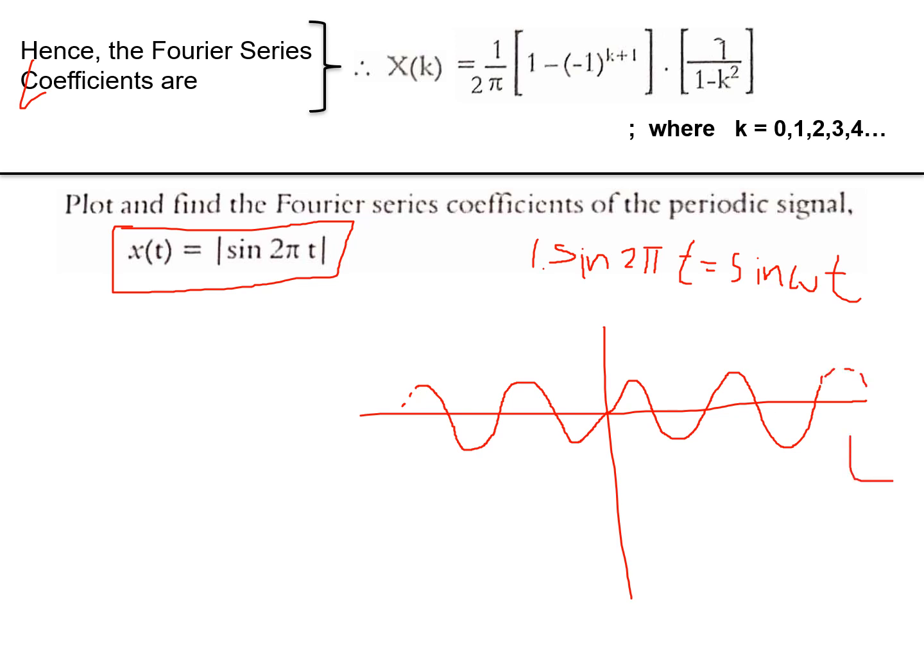So this is t, or theta to be more precise. If I take it as time, you can take it as time also. This is one period, time period T. Now this is sine 2 pi t. Amplitude is 1, and negative amplitude is -1, because it is 1 into something. Nothing is given here, which means it is 1 into something, 1 sine 2 pi t.